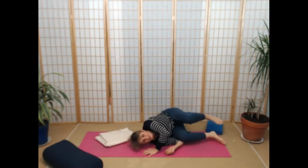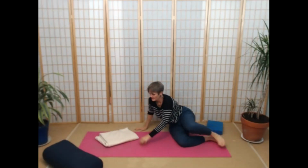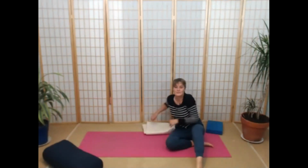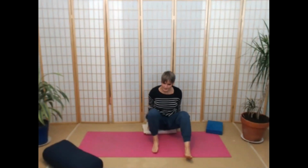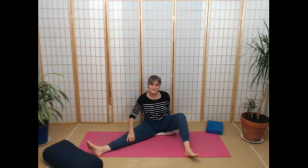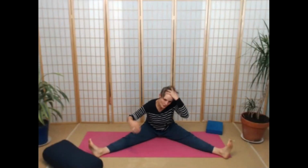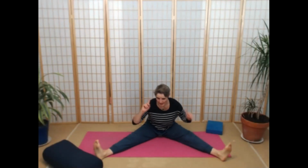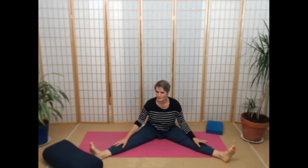If you just fancy lying on your back, the other option is to do exactly that same shape, sitting and coming forwards in between your legs. You could have a bolster or something to cushion yourself here. You could take cushions underneath your knees. And so if you're going to do anything I've said so far, the hold will be for 5 minutes, but